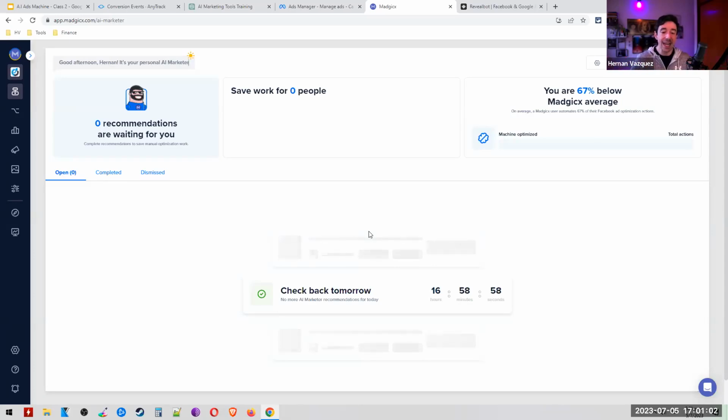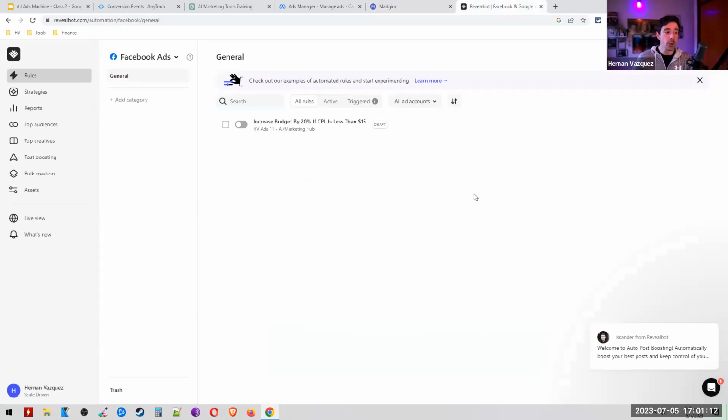All right. So again, I just wanted to kind of present it to you guys, and then over the next classes, we'll have more data here in the dashboard so that you can see what's going on. This is Magix and RevealBot, which is another tool. RevealBot, it's basically an automation tool. All right. It's an automation tool for Facebook ads that allows you to